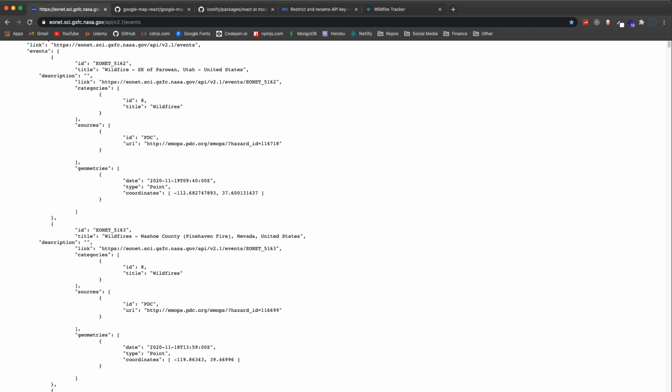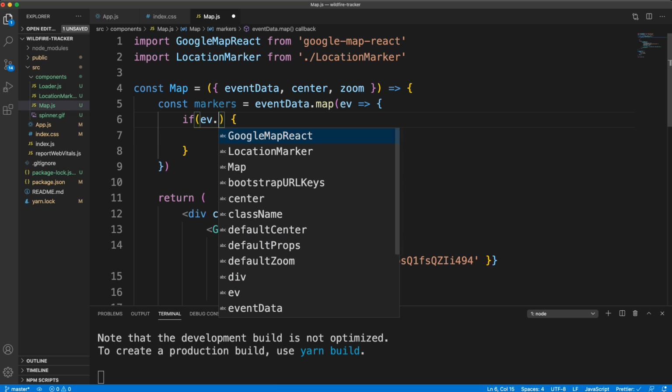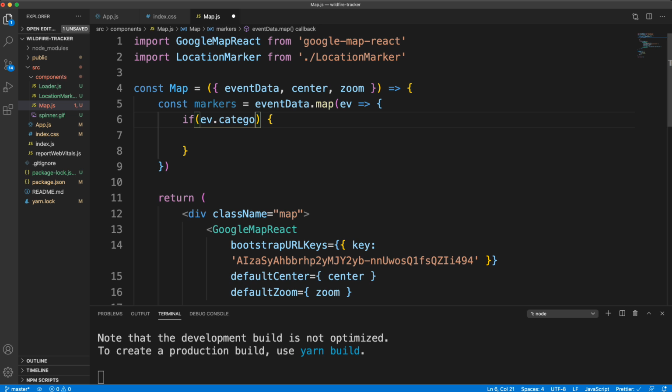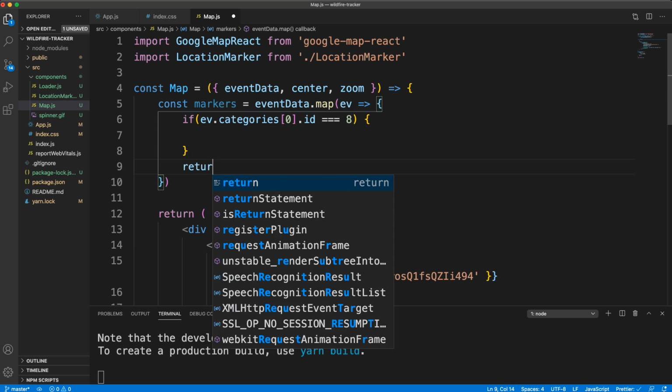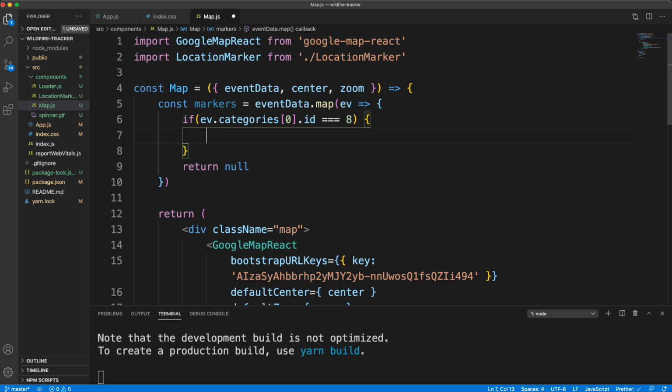And you could, of course, add on to this application afterwards if you want, but I'm going to check to see if the event.categories, now categories is an array with one item, so I want the first item, and I want to check the ID and see if it's equal to 8. Okay, and then after that if, we'll just return null. Okay, and then in here, what we want to do is return